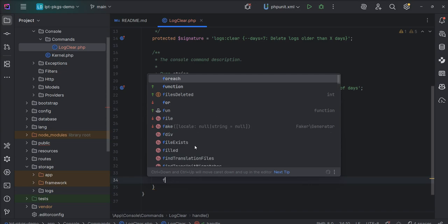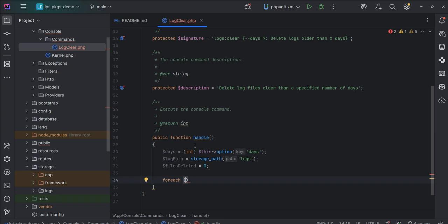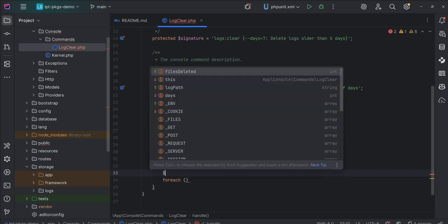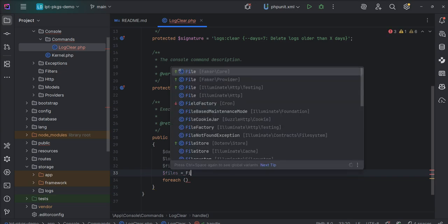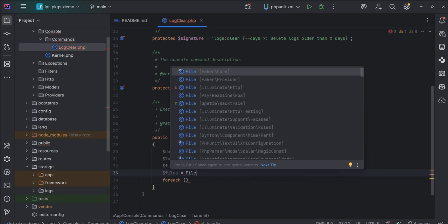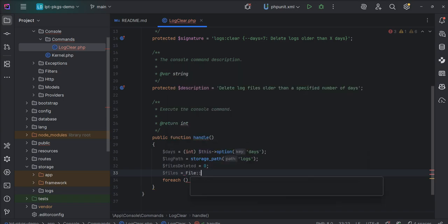Now let's do a foreach, and first of all we need to get all the files, and let's specify file, log path,